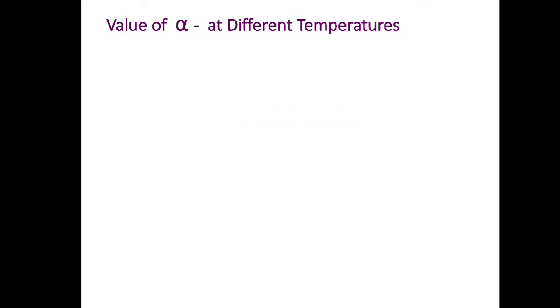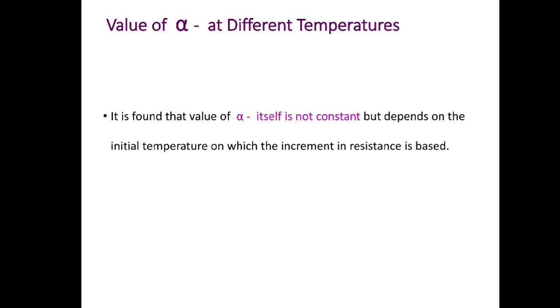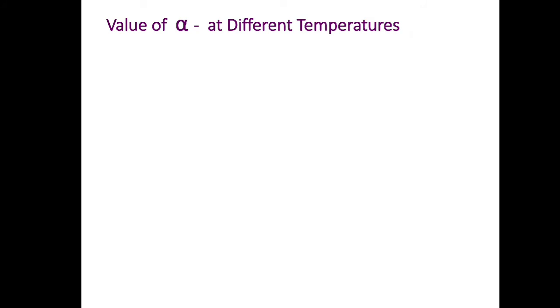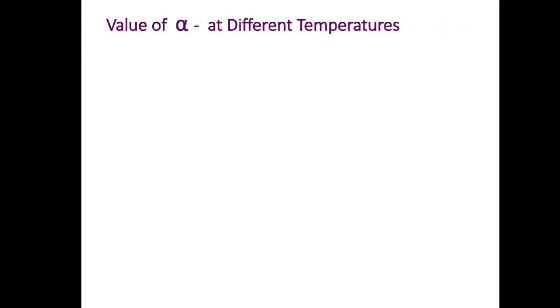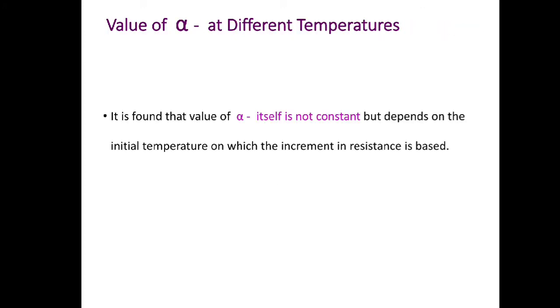So this value of alpha, in the above we have seen alpha is equal to 1 by 234.5, is only for copper. This alpha is different at different temperatures, so it is not constant and depends upon the initial temperature, because for this copper material we observed that the resistance becomes 0 at T equal to minus 234.5. So it is not constant, it varies with respect to the different materials.